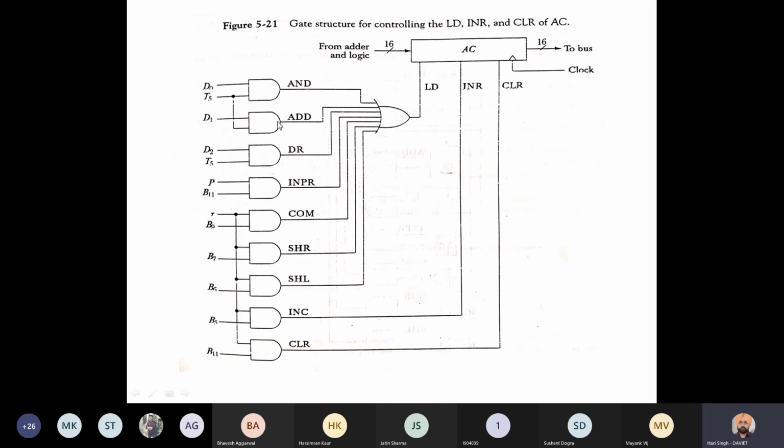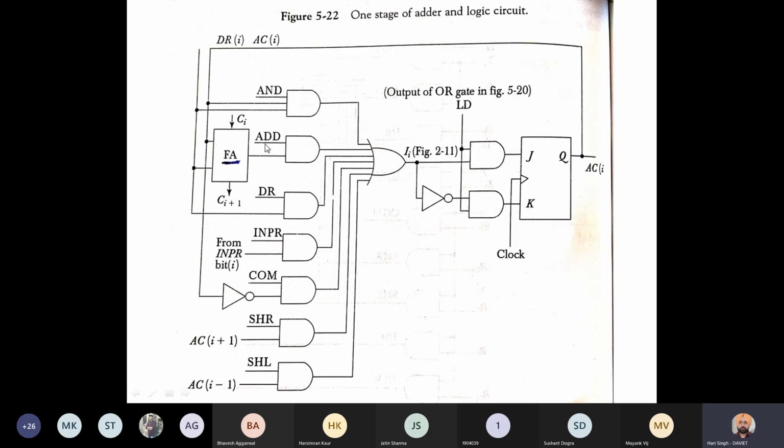It is received from the previous circuit, this ADD bit. It will be 1 if T5 is active and D1 is 1. So the CPU will perform the add operation only if D1 is 1 and T5 is active. This ADD signal will be used to transfer information from the adder to the accumulator, through the OR gate and then through this JK flip-flop. This is basically a latch circuit used to store the information.